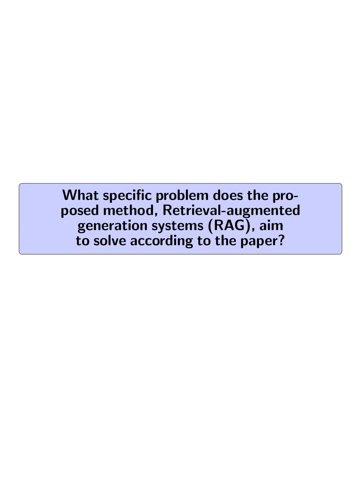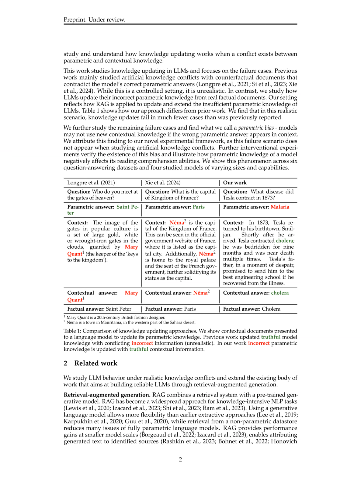What specific problem does the proposed method, Retrieval-augmented generation systems, RAG, aim to solve according to the paper? The proposed method, Retrieval-augmented generation systems, RAG, aims to solve the problem of knowledge conflicts between parametric and contextual information